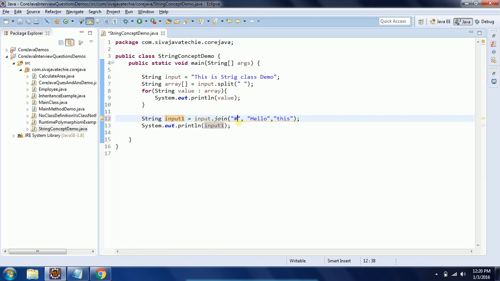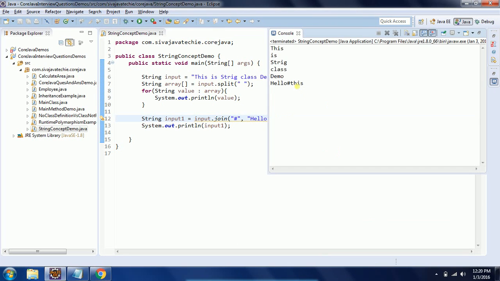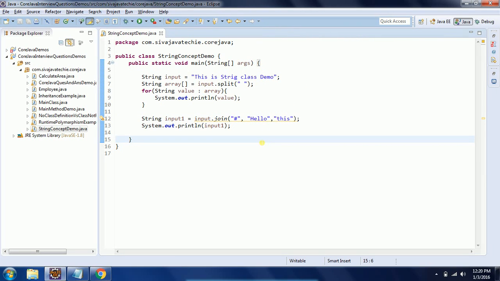For example, if I pass a hash, then the output is going to become "hello#this". So whenever you have a requirement to concatenate a few words with a specified delimiter, you can use join. And if you want to split the string based on some delimiter, then you can use the split method.